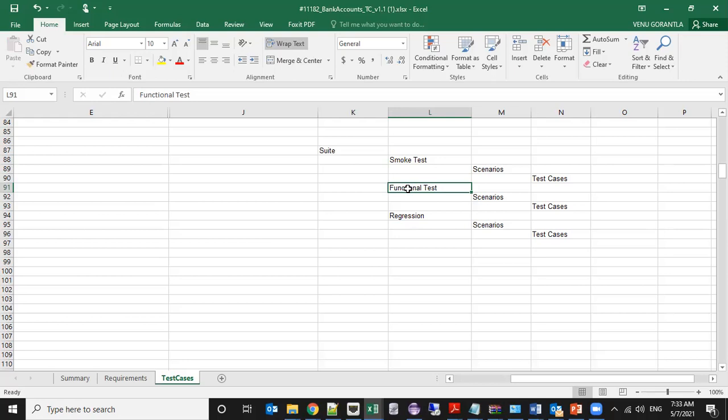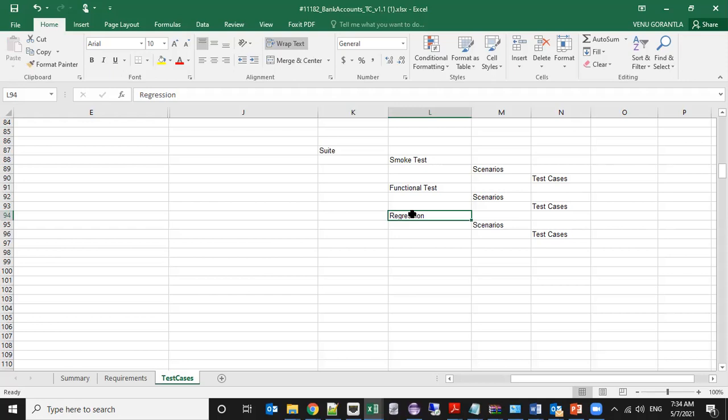And in regression, you will be testing for complete interdependencies between the different modules in your application. Like a user is created and he should be able to transfer money or receive money, and get some loans. The user is a single entity who can access all the functionalities of a bank.